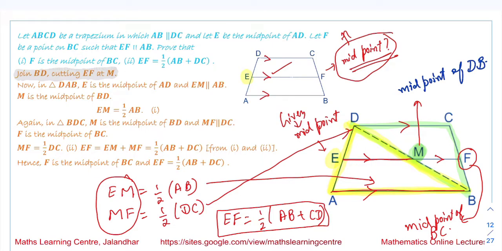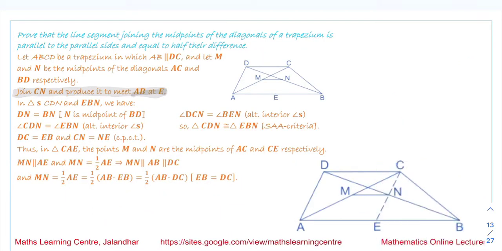Now the next question: we have the line segment joining the midpoints of the diagonals of a trapezium. We are saying that a trapezium ABCD is given to us. Then we have two diagonals over here, one is AC and the second is BD. M is the midpoint of AC and N is the midpoint of DC, and we have joined these two points